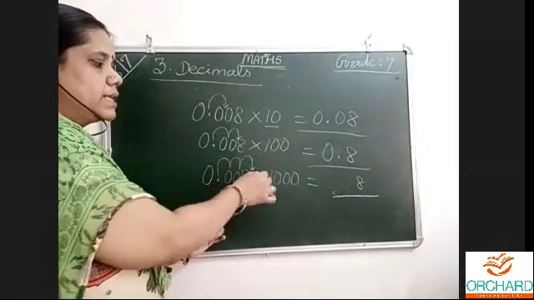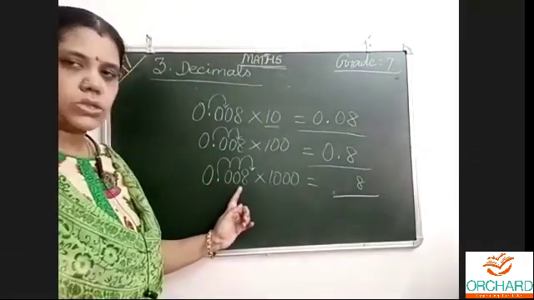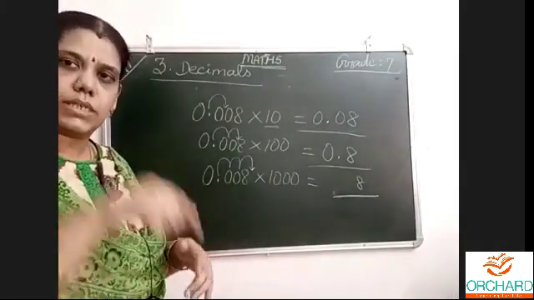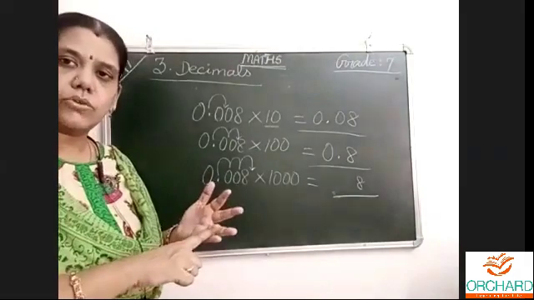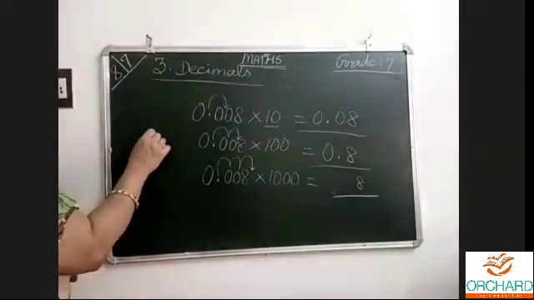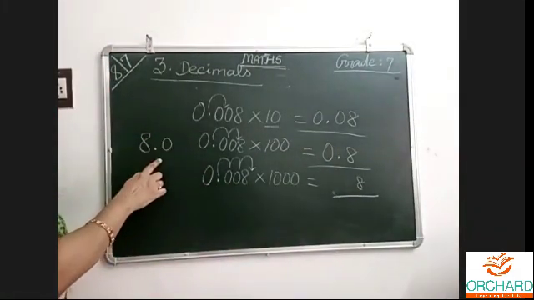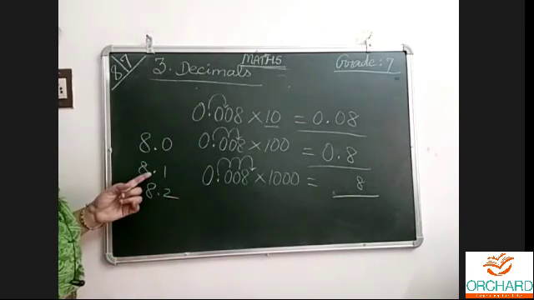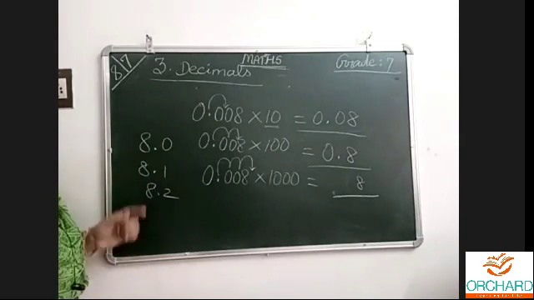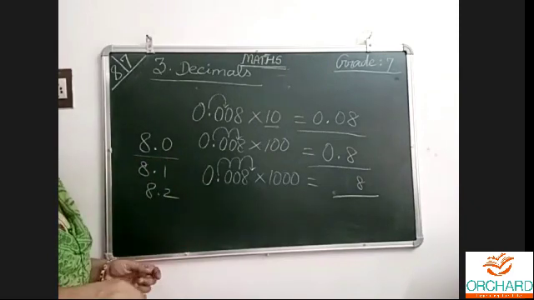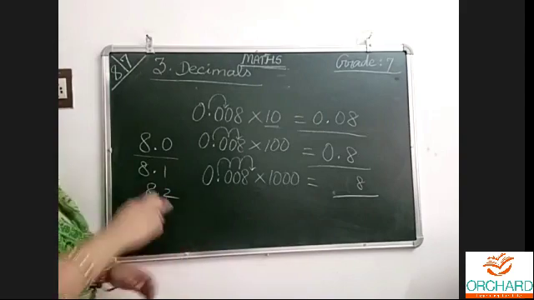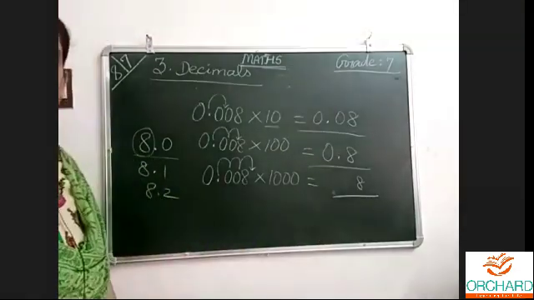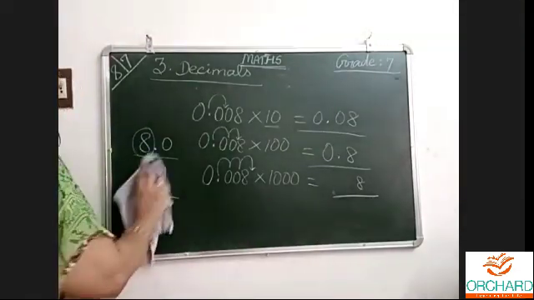Okay. Three places jumping: 0.000, no value. 8 point, we don't say. 8 point means 8.0. 8.1, 8.2 has a value. But 8.0 we don't normally write like this; we write 8.1 like this. If I say measure 8.1 centimeter, you will measure. But I won't say measure 8.0 centimeter. Generally, I say take 8 centimeter in the scale. This alone will be used. So it is 8, or you can write 8.0, that is also correct.